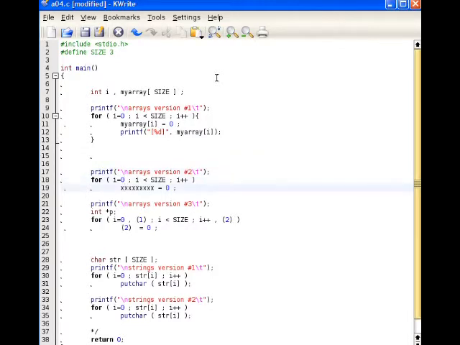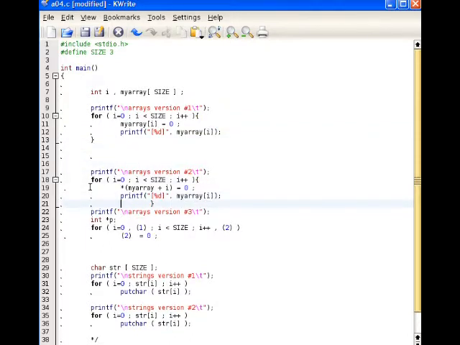Okay, now second version, array version 2. This time we are supposed to use a pointer arithmetic notation here instead of myArray index I equals 0. Well, the equivalent of myArray index I in pointer arithmetic is star, parenthesis, myArray plus I, parenthesis. This is achieving exactly the same job. I am going to add once again curly braces around this code so that I can reuse this printf here